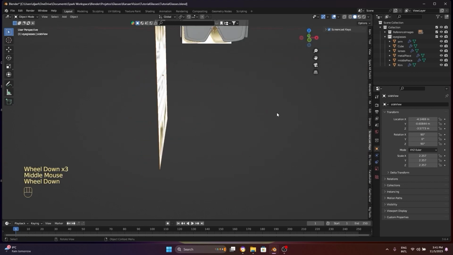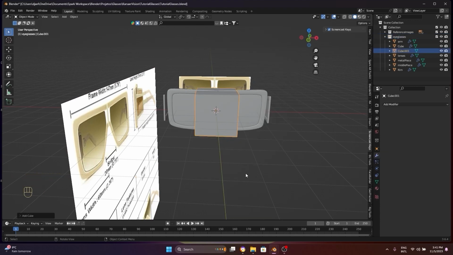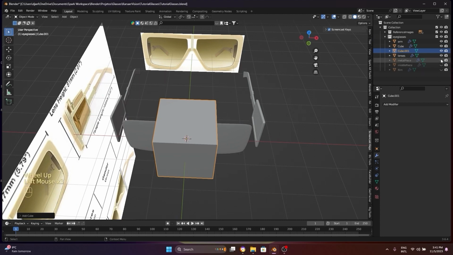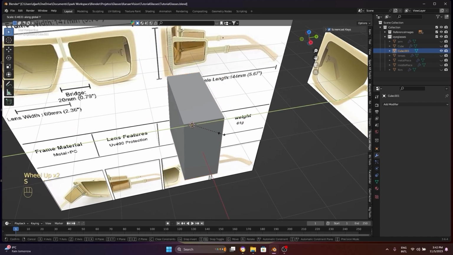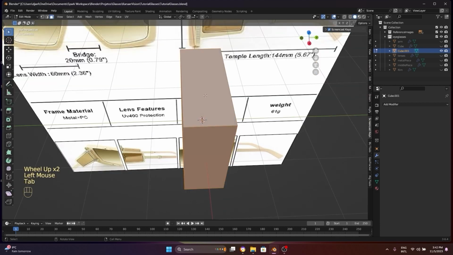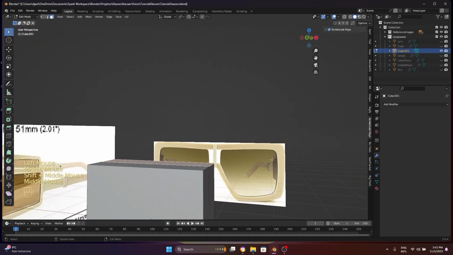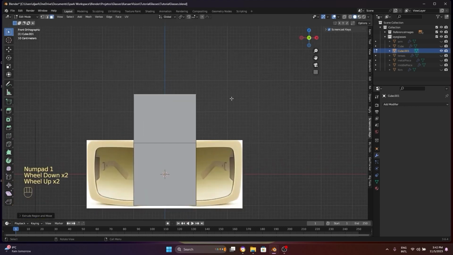Okay, let's try. I'm gonna add a cube, Shift A, cube, and let's try to make this piece. I'm gonna hide all the rest so it doesn't get in the way. So let's press S Y, scale it down in the Y direction, and I'm gonna go to edit mode, add one loop cut here in the middle, and I'm gonna extrude this face here. So press E to extrude in the Z direction, this Z,